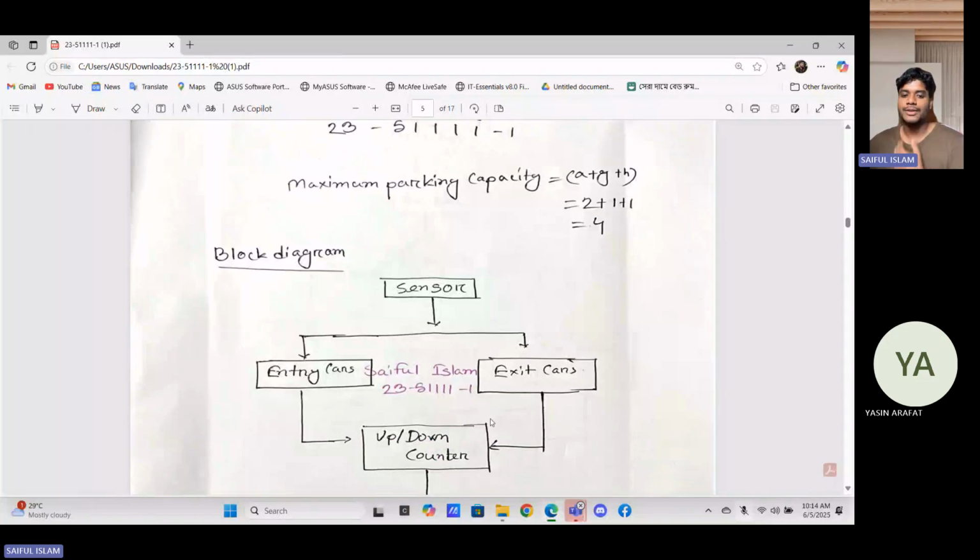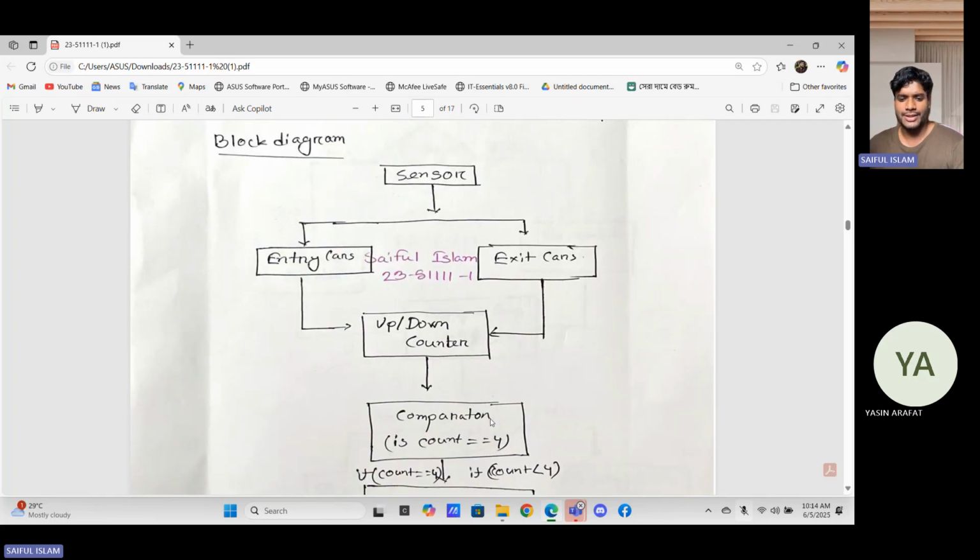The block diagram shows how all parking control system parts are connected and work together. It starts with a keypad to set the maximum parking capacity. Here, for four cars, the entry and exit sensors feed data into a 3-bit up-down counter, which keeps track of how many cars are in the garage. A comparator checks if the current car count matches the maximum capacity. If the garage is full,